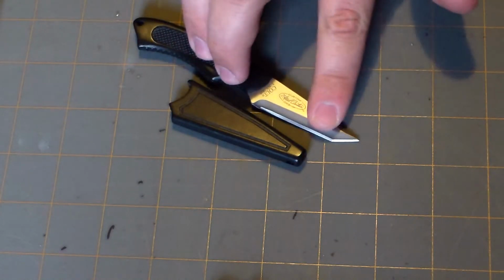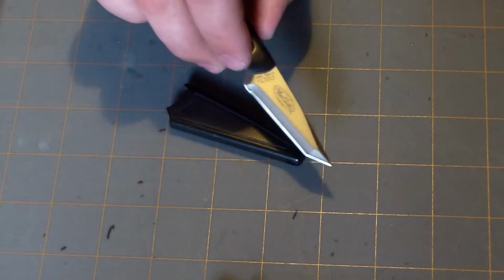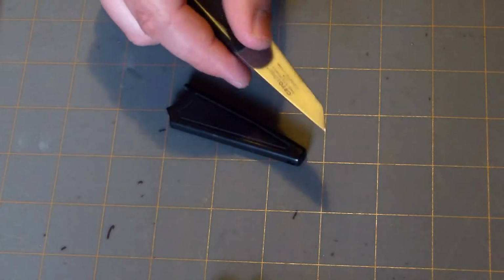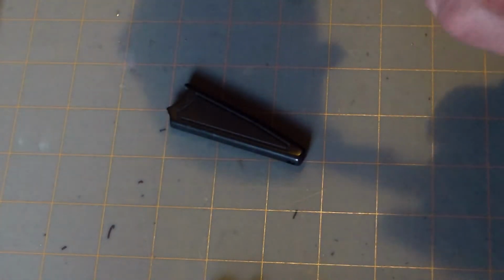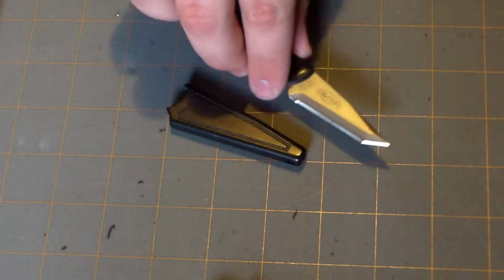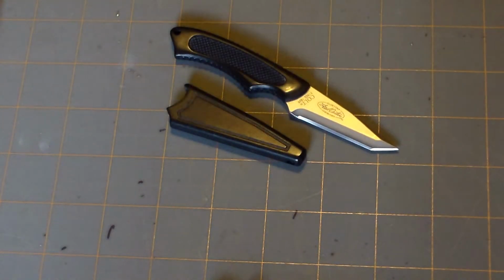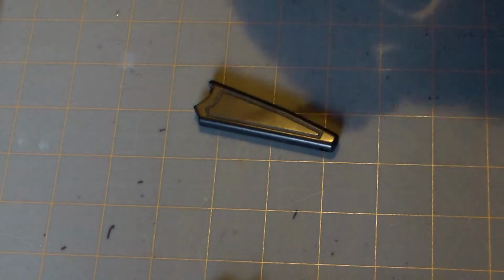Now I do like the bead blasted finish. I think that looks nice, and it has right here the names. Actually, the designer of this knife is Fred Carter. It's a custom design by Fred Carter. So I don't know who Mr. Fred Carter is. If you do, then tell me in the comments below. I'd appreciate that. So there it has all the stuff, and like I said, it's 440 stainless,